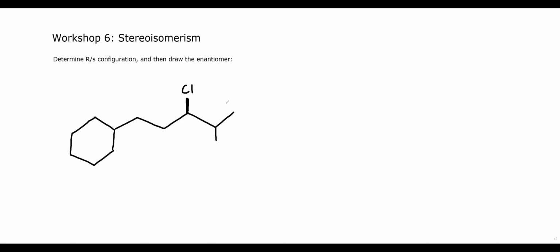So for the next problem here, what we have to do is determine R or S configuration using the Cahn-Ingold-Prelog system, and then we will draw the enantiomer. Okay, so here we have one chiral center. You may be thinking this is a chiral center here also,